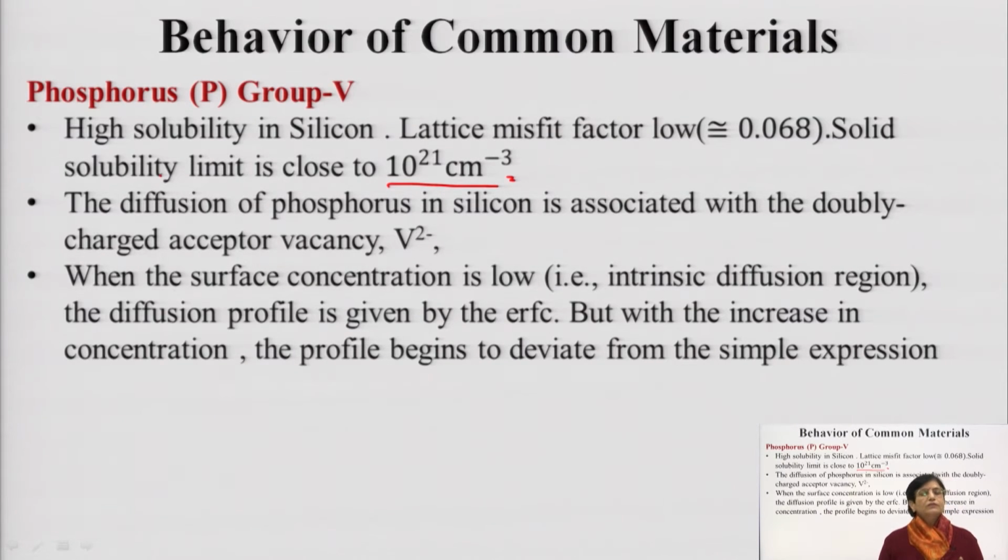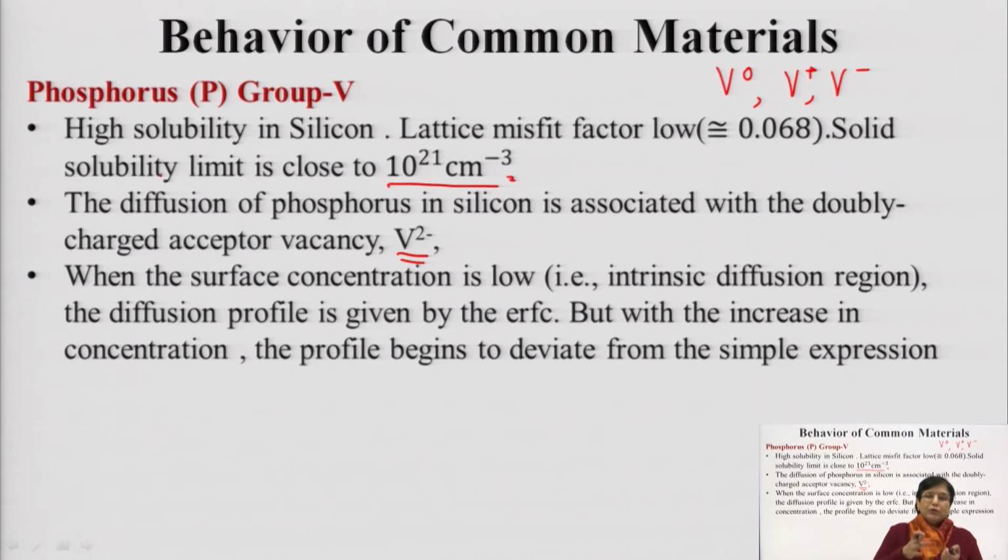The diffusion of phosphorus is associated first with doubly charged vacancy sites. Now, you know already, vacancies can get charged: when a vacancy is filled by a hole, it will get positively charged, or when it is filled by an electron, it can get negatively charged. So, there are different categories of vacancies available, and because of the charged species occupying those vacant sites, the behavior of the diffusion